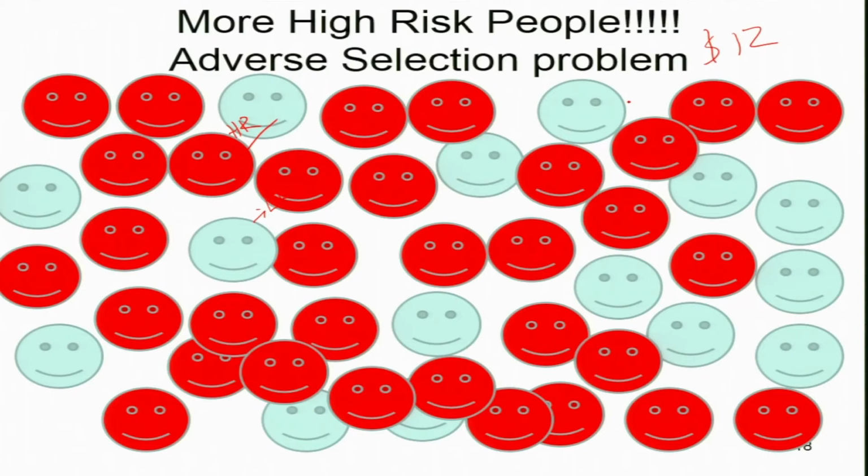But in this case we are going to see that our calculation, the premium of 12, is not going to hold true. Because of this, you know that in the next cycle, when the insurance company is underwriting the policy, they know that this market is actually over-represented by high risk insurees. So as a result they will be redoing this calculation and the premium is going to increase. And let us see this, before going to that let us see this scenario.